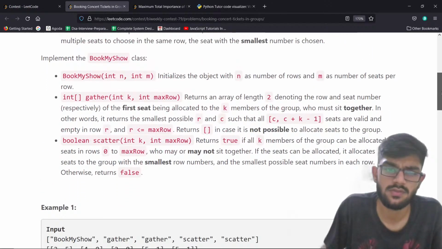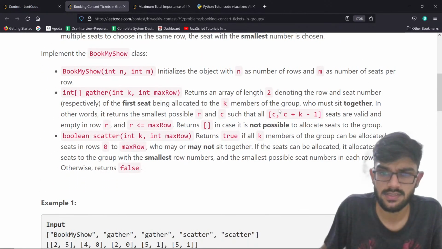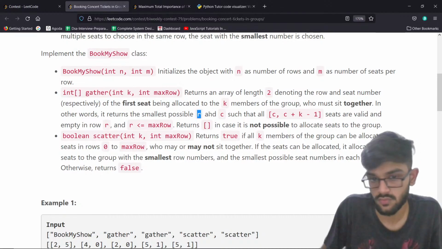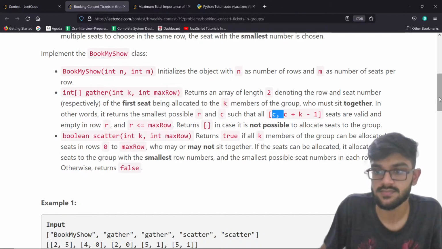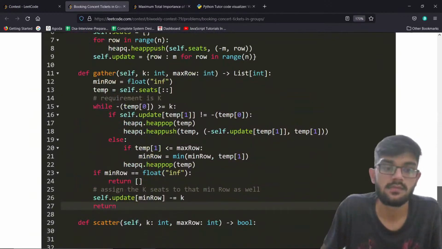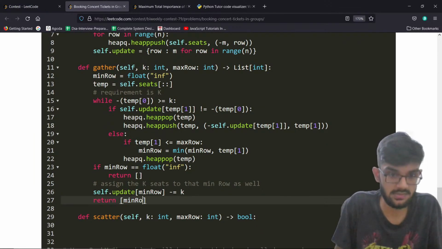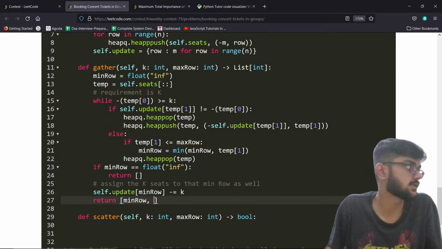Why am I returning 0 comma 0? Because the order it said is to return the smallest possible r and c. So, okay, r is the number of the rowth number and the c, which is this value c itself. Okay, so I have to return the minimum row. In this case, it will be as simple as minimum row, and then the seat number could be as simple as